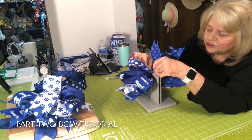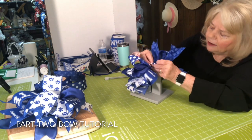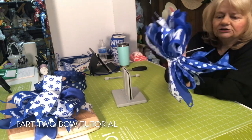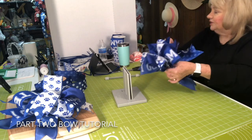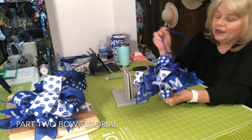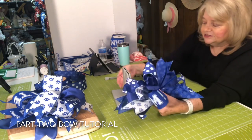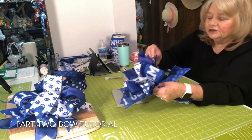So, you see what I did? I just pulled up my zip tie. And I'm going to place this pointy edge into the smooth side, and I can pull it just as tight as I want to, but I don't want to do that just yet because I want to add in a pipe cleaner or a chenille stem. I want to add that in, and I want it to be at the bottom, which is one of the reasons I wanted my bow to face downward, because when I bring it up,